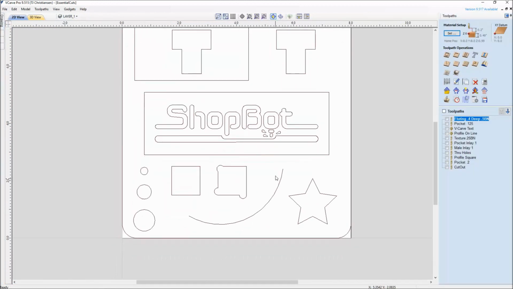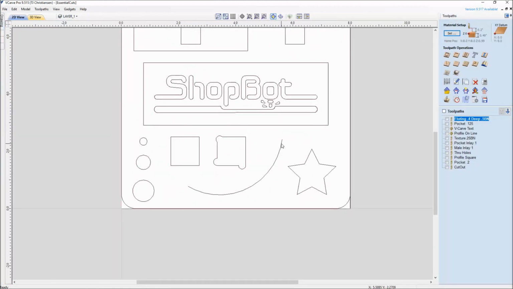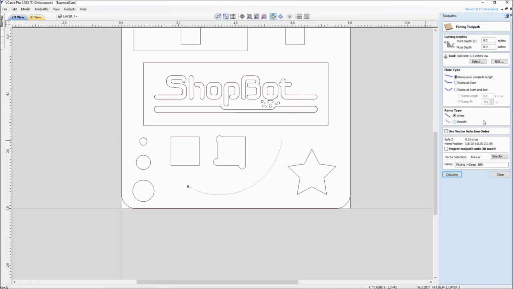The first example we'll look at here is the fluting toolpath, which, for those of you that have not used it yet, is the second row down, second one over. And I've already created one down here for this line. As you can see, I've named it 0.4 deep, 0.5 ball nose. The reason for that is it shows how deep the flute is, and it shows the ball nose